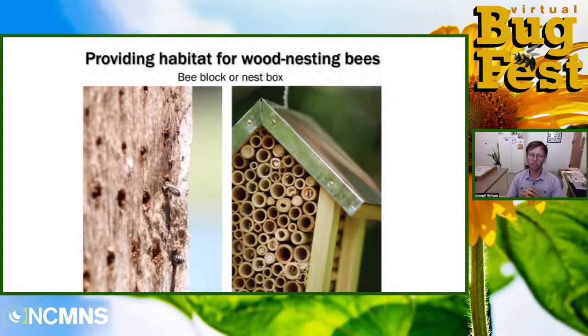Well, there are dozens and dozens of species of bee that will nest in these bee nest boxes. Bigger bees like bigger diameters of holes, smaller bees like smaller diameters. So drill a variety of sizes of hole in a piece of wood and bees will nest there. These are 2 leafcutter bees nesting in my bee hotel.